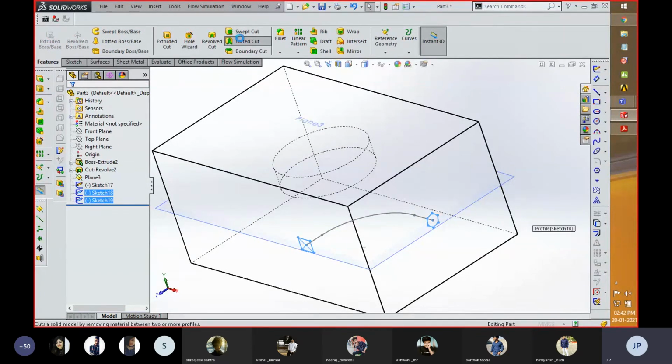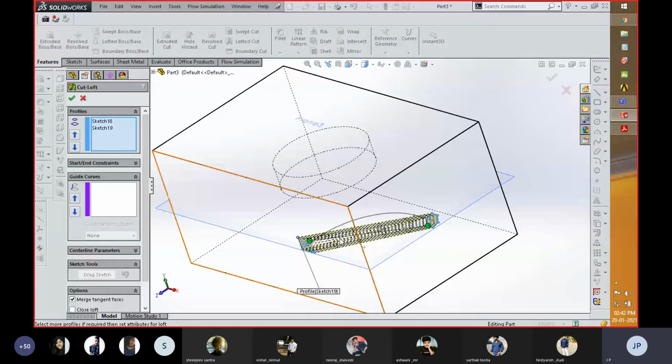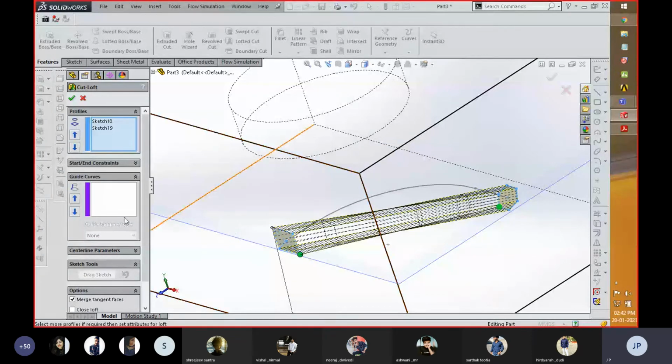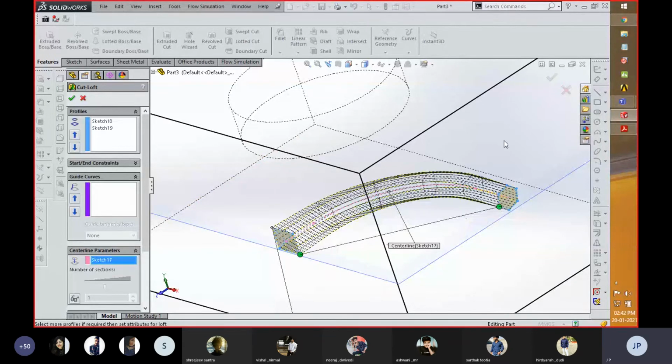Now I'm going to click on lofted cut. Then you can see over here the straightness of this profile which is connected. For straightening that, I'm also going to change the joining point of this component, then go to the center line parameter module and click on this center line. Over here you can see that the center line path to be followed is done with respect to this center line parameter, and then click on OK.